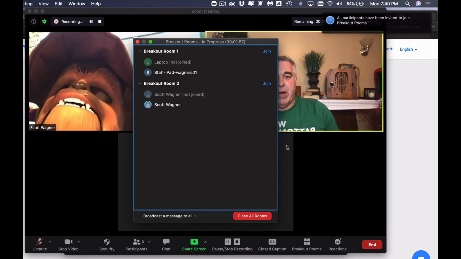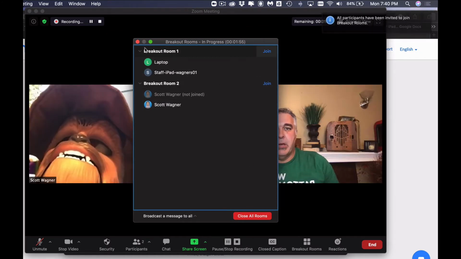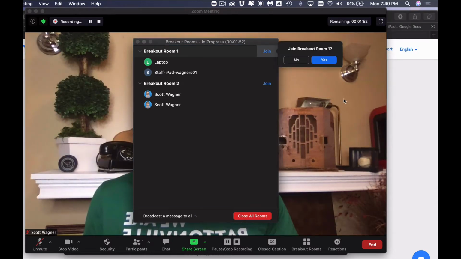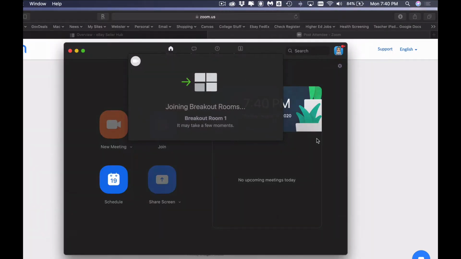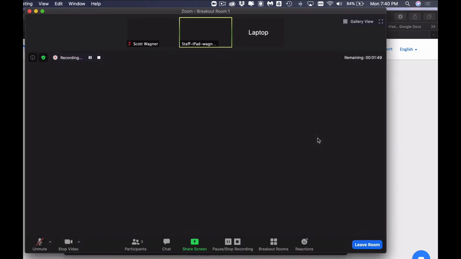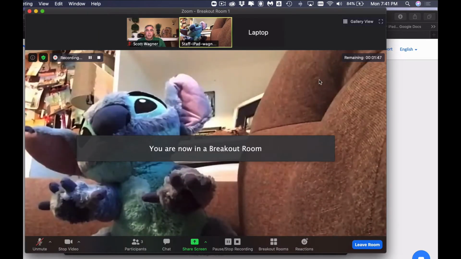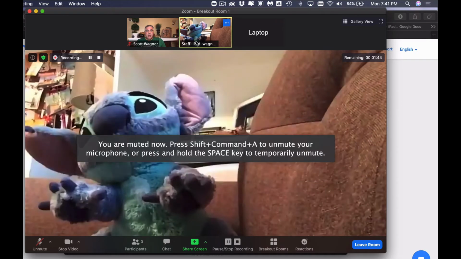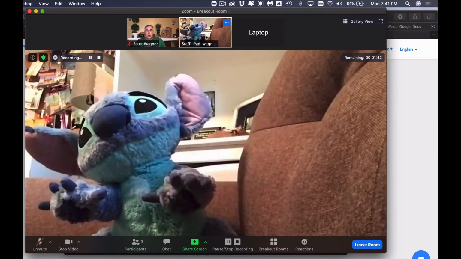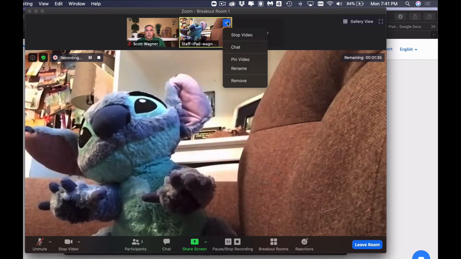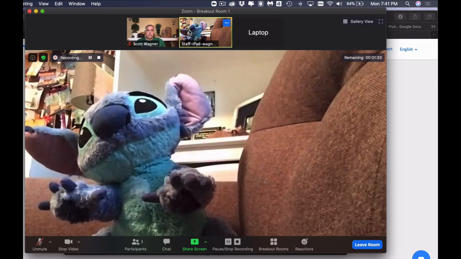Now, I'm going to go ahead and open all of these rooms here, and when I open these rooms, it divides everybody back up into their breakout rooms again. Let's say I join this room right here. And if I join this room, they have the ability that if they are in this room, they can actually ask for help. So if they're stuck on something and they need help, they can ask for help if they want. And the way that works,